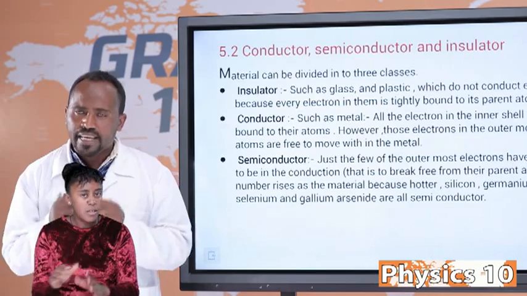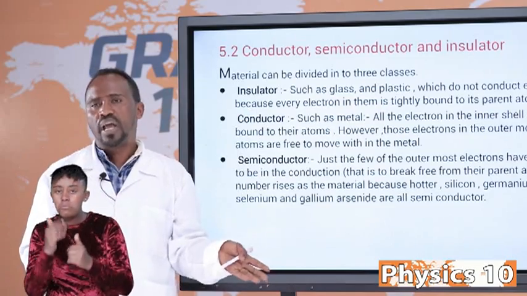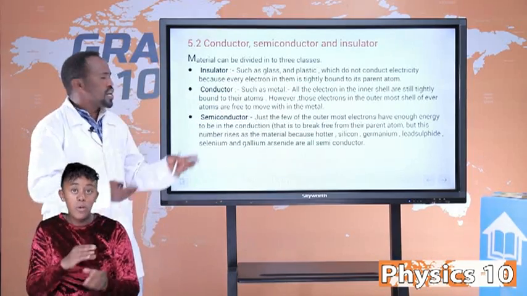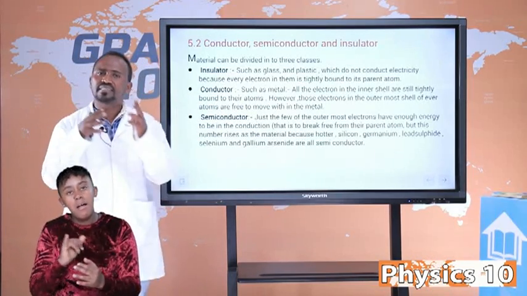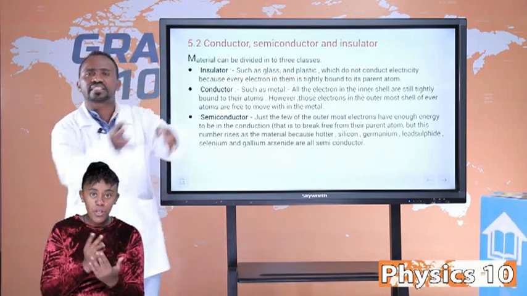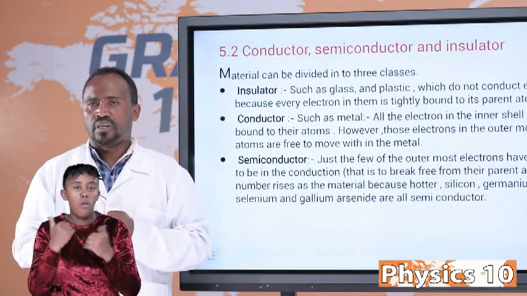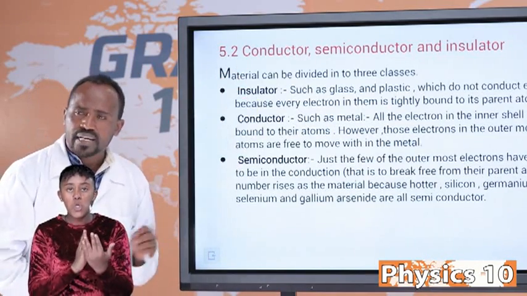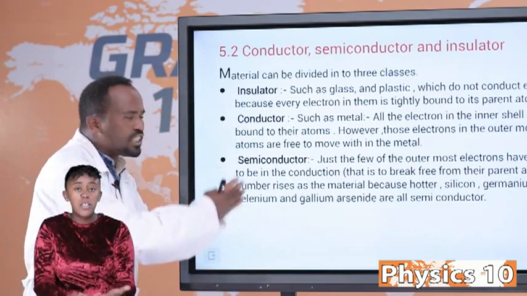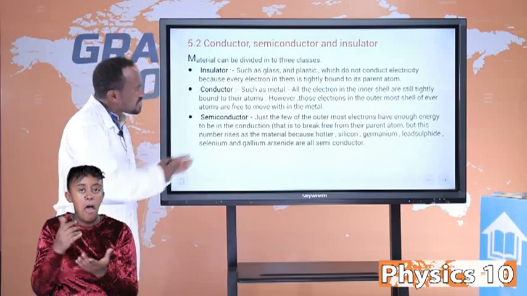Students, I think you know in more detail which materials are insulators and which are not, and also which are conductors and which are not. You also know about semiconductors, like silicon. It is a semiconductor because it is intermediate between a conductor and an insulator. It has 4 valence electrons in its outermost shell. So this is what insulators, conductors and semiconductors are. This is a revision for you because you learned this in the last class.